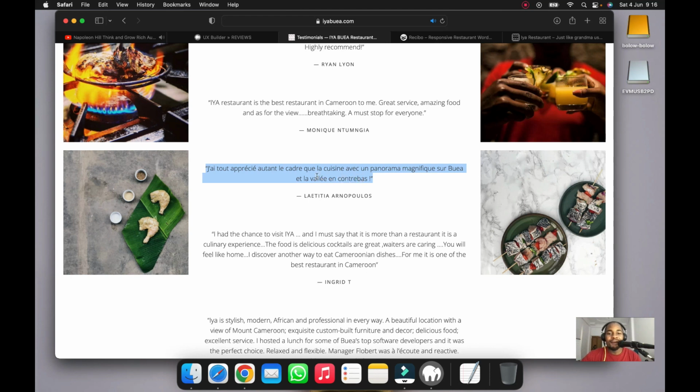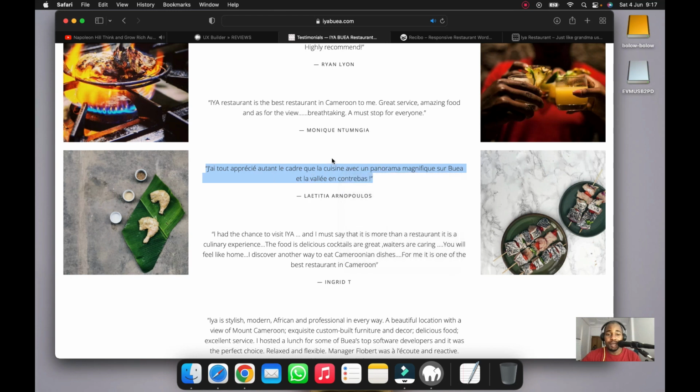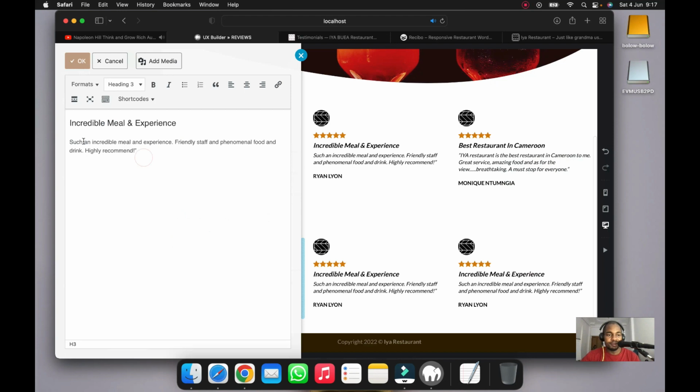I don't know what that means. Really, I have a little bit of an idea, but I'm not so sure. Well, I'm not gonna Google translate that right now. I'll just say unique what? She said something like, no, she did not say unique. She said share to apprécier. I'll just copy this as the